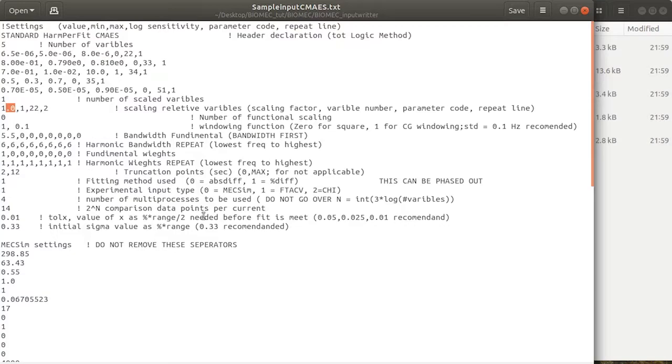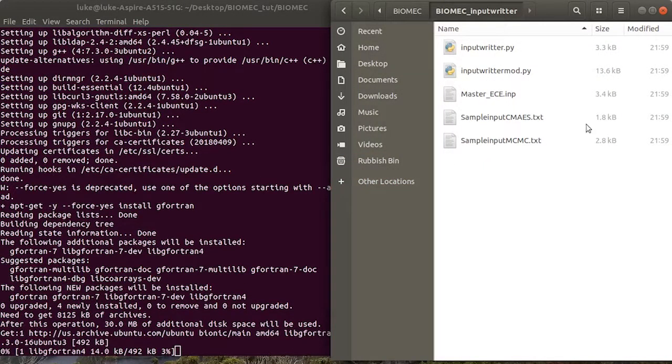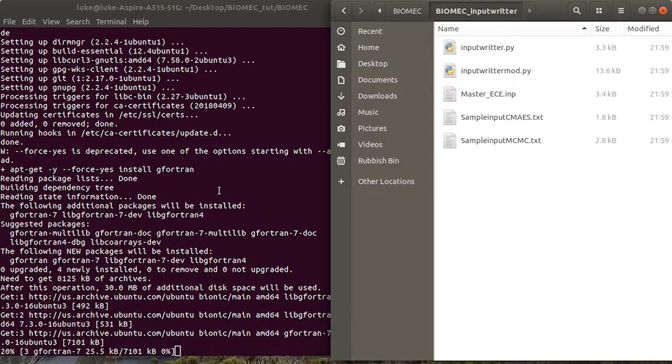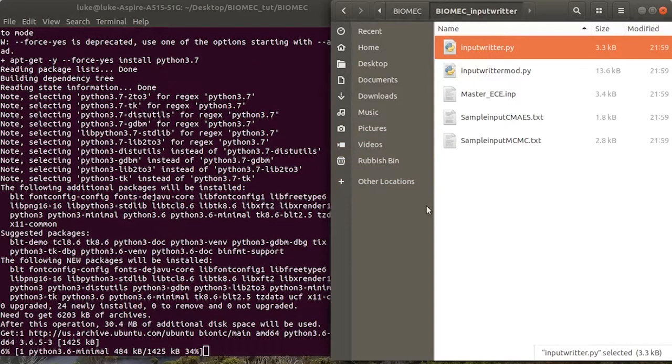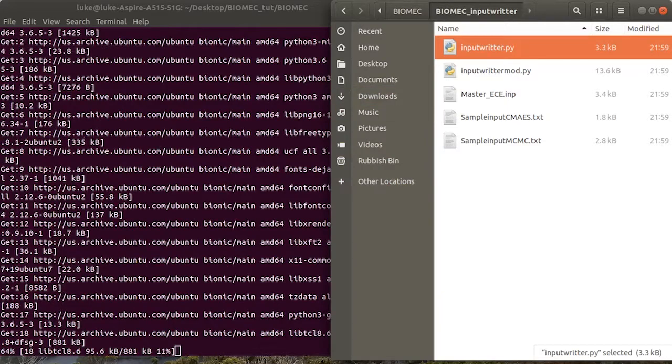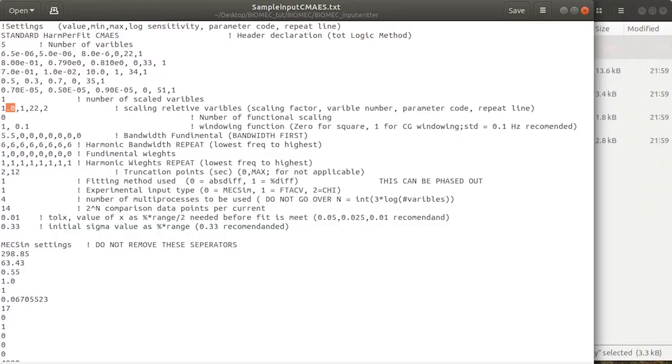I could run you through all of this. The general thing is the input writer file here will build one for you from a series of questions, but since they're just text file inputs, you can modify them quite easily directly. The Singularity Container is just building in the background. The main thing to be aware of is that the tolx function is basically the range at which you want to accept that it's